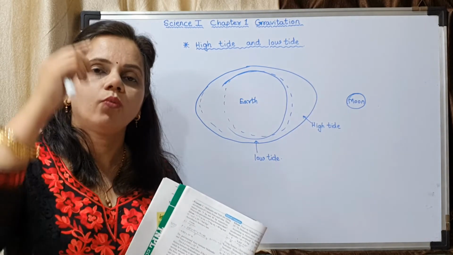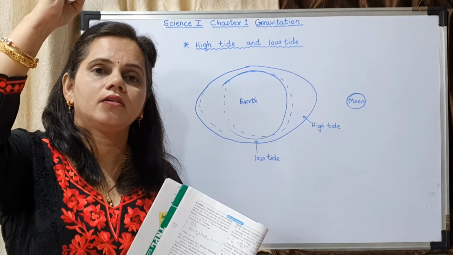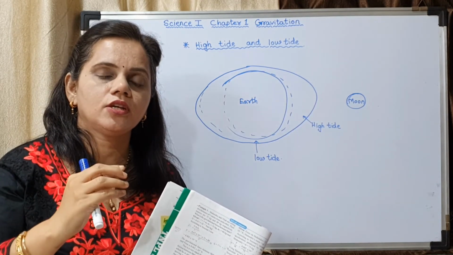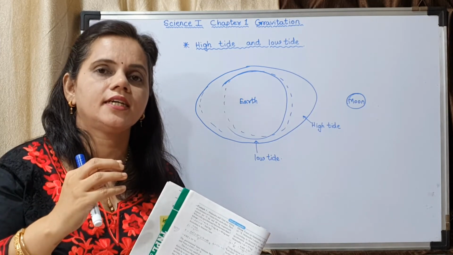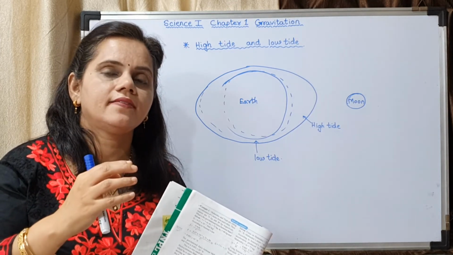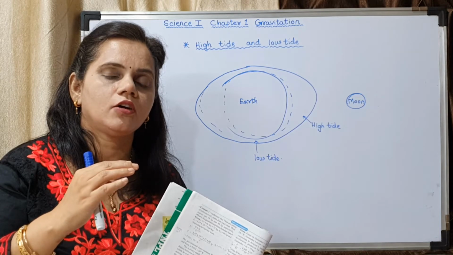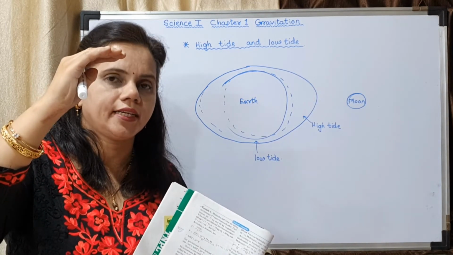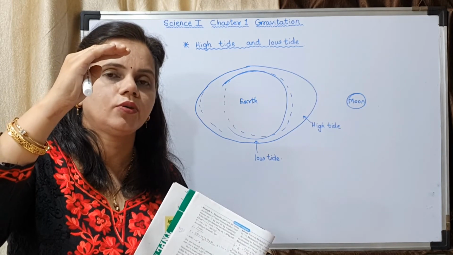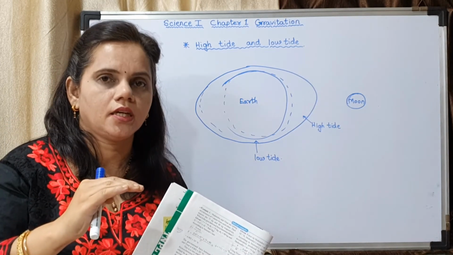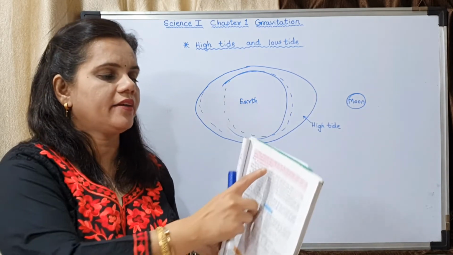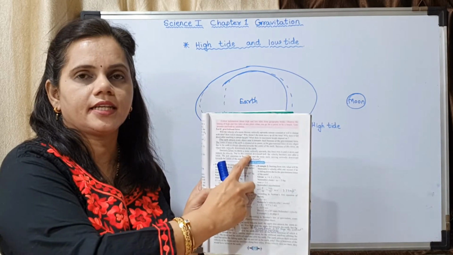And why does it stop and then come back? Because there is a gravitational force exerted on the object. As the gravitational force is exerted on the object, as the object goes up, its velocity goes on decreasing. It reaches zero and then comes back. That is what has been explained in the first paragraph here in the textbook.